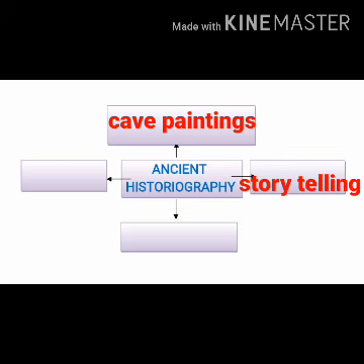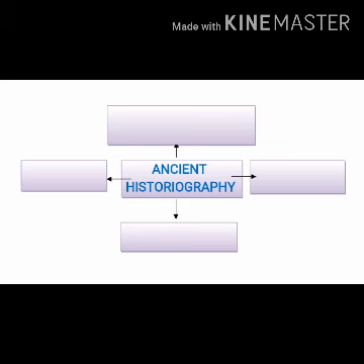As the people kept on telling the stories from one generation to another generation, we came to know through storytelling, that is through folk stories or folklore. Third one is ballads. Ballads are short poems which were again recited and told from one generation to another generation. Then the fourth one is singing songs. Still we are hearing about the folk songs, tribal songs. So all this comes into the form of singing songs.